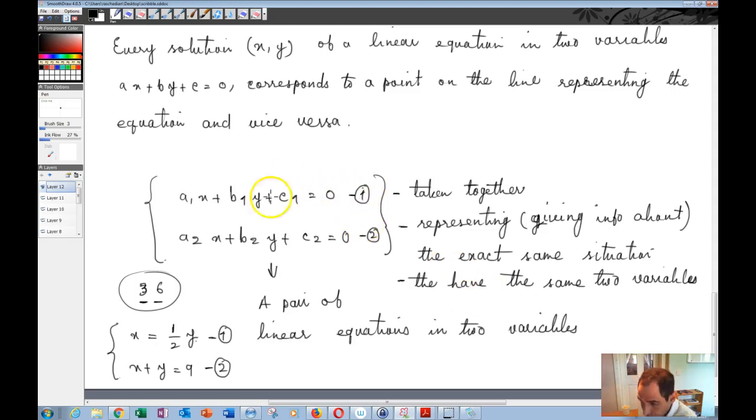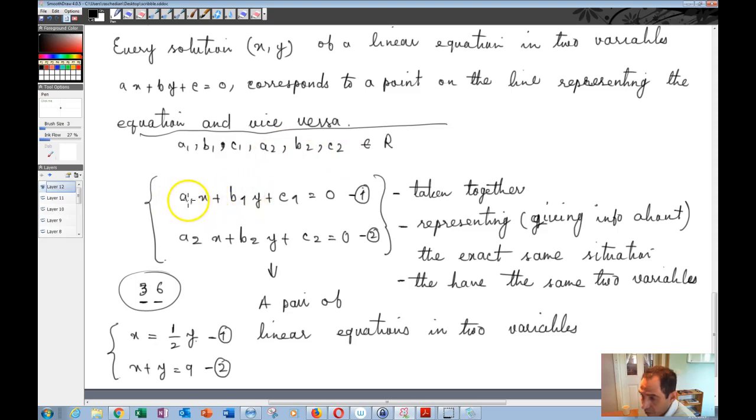And that's the general form of a pair of linear equations in two variables x and y. As we said before, a1, b1, c1, a2, b2, c2 are all real numbers. In this equation number 1, a1 and b1 cannot be 0 at the same time. So we write this as